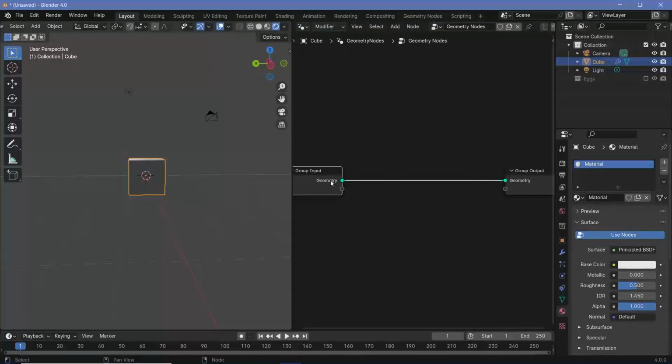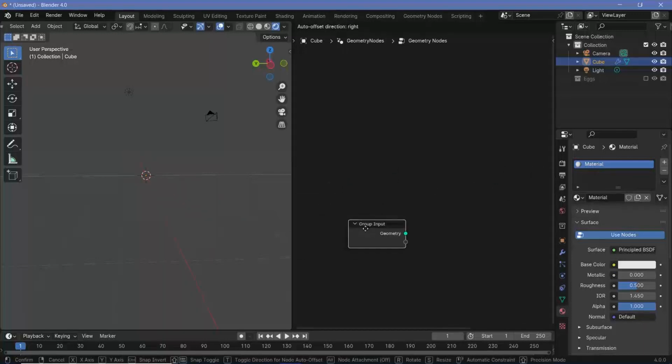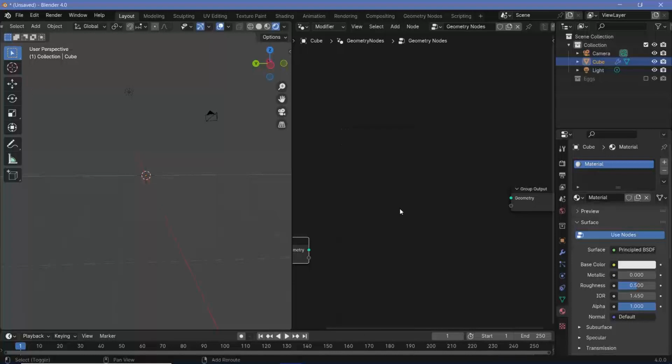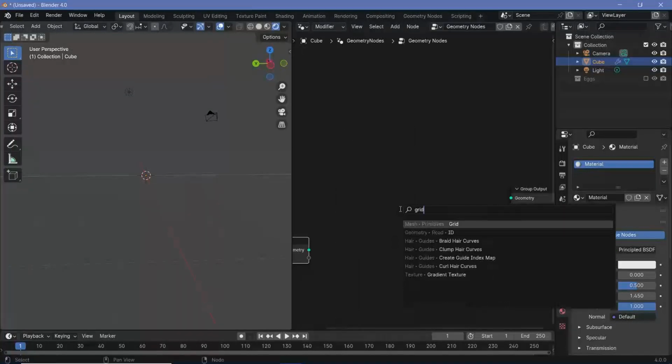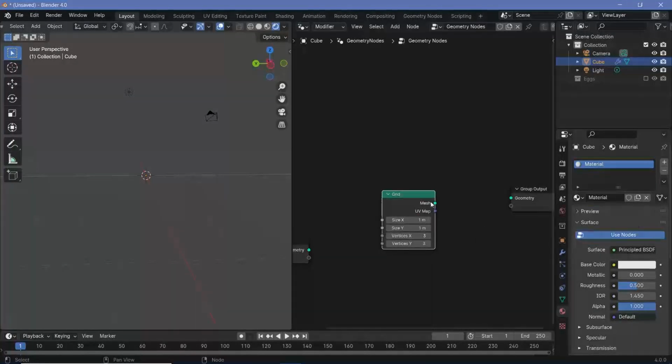We don't need the group input for now, so let's press Ctrl right click with the node wrangler enabled to just remove that connection. But we'll keep the group input as we're going to use that later on to make this more versatile. For the time being, we're going to start off by creating a plane, which is a grid in the geometry nodes workspace. Let's go ahead and connect the mesh into the group output and change the size according to what you want. So maybe I want the x-axis to just have a value of 5 units and the y-axis can have a value of